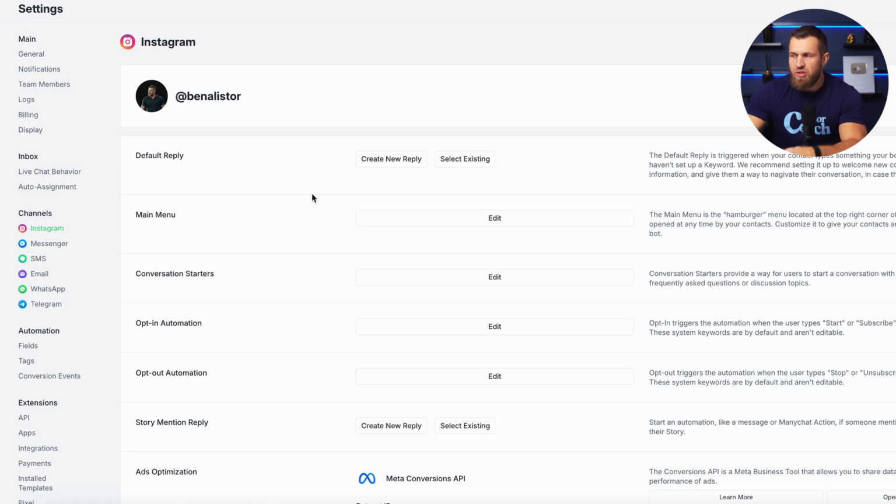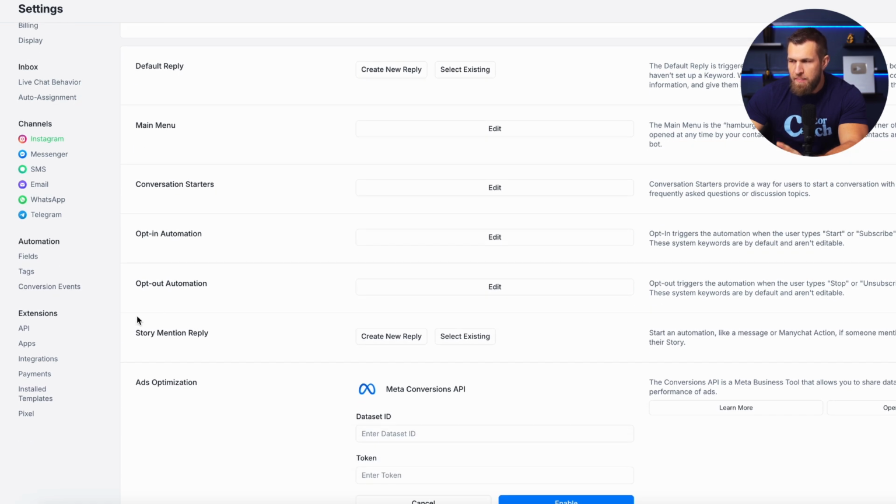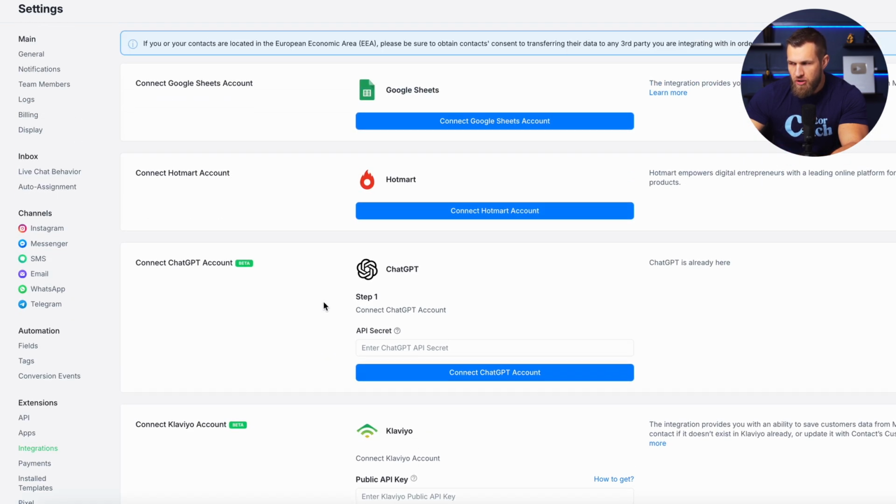Now, what it will ask you to do is put in your email, your username, your password, given the fact that it's owned by Instagram or Meta. It literally takes a couple of minutes, so I don't want to waste your time showing you this, but it's pretty straightforward. Then what you need to do is also go onto extensions here, go into integrations, and